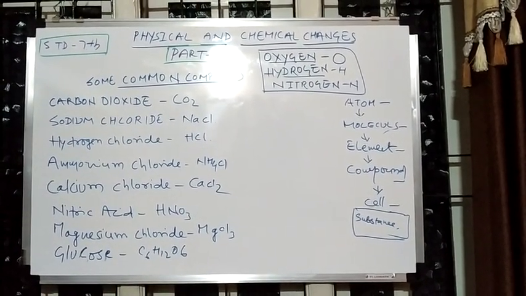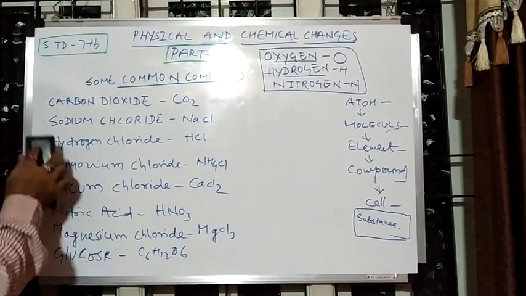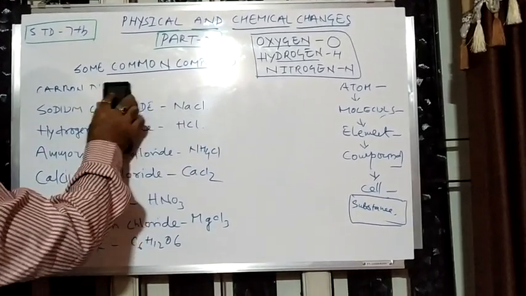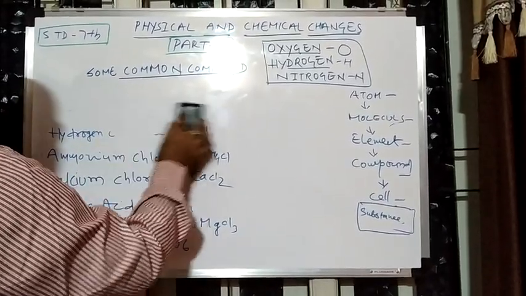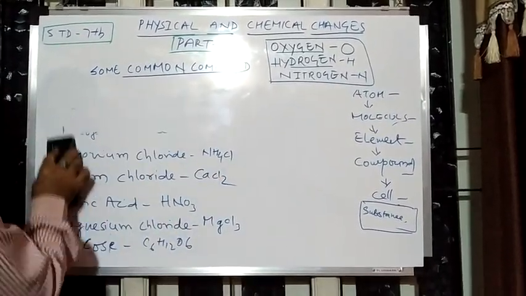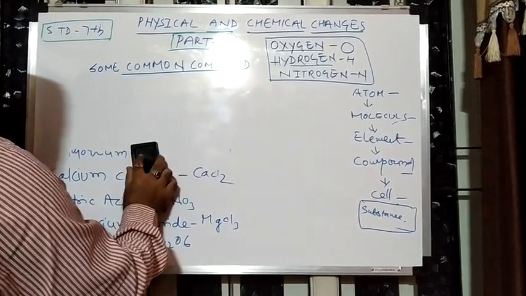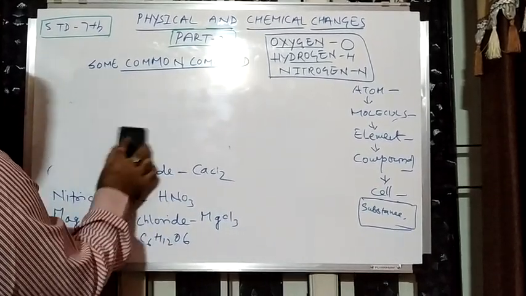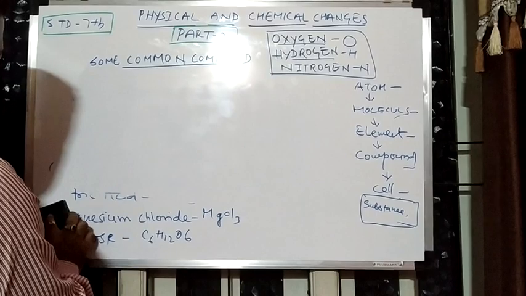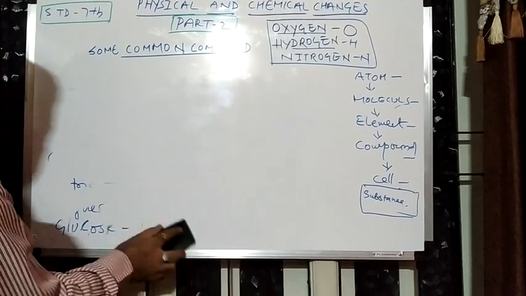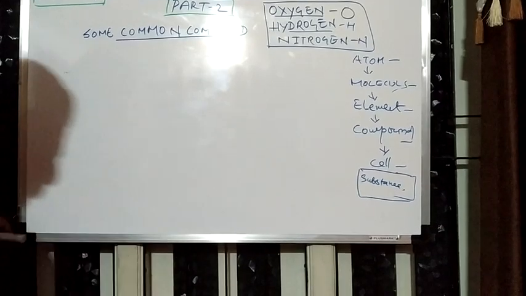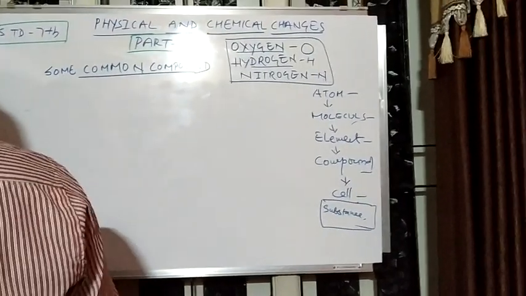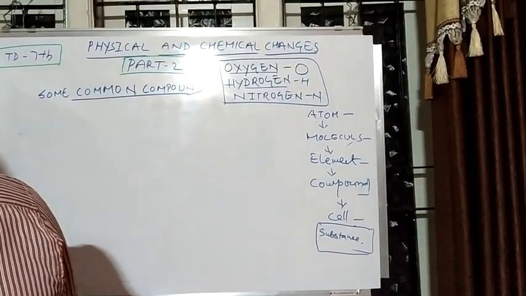Hope you have written. I am going to rub it. These are very important because further we are going to have chemical reactions, and we need to understand this, right? So next we are going to learn